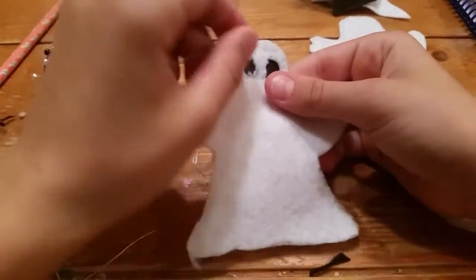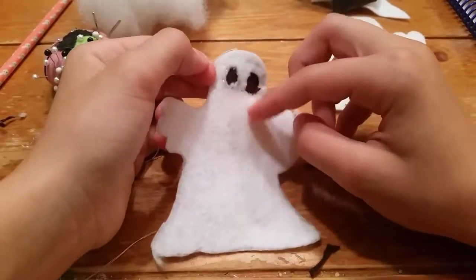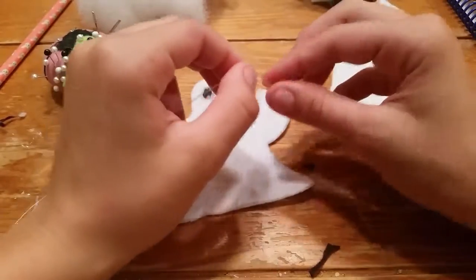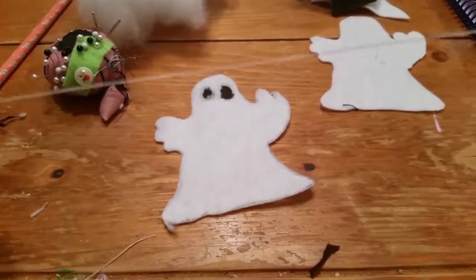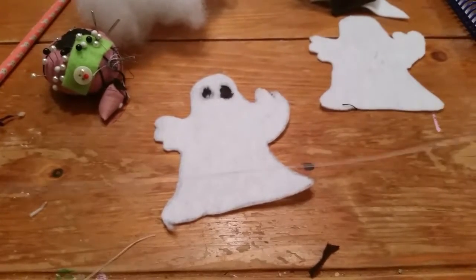Alright, done with that. So all I did was sew around it. His eye right here looks a little weird, but that's okay, just because it cut over a little too far. Now what you're gonna want to do is thread a needle that's about 2 arms length,